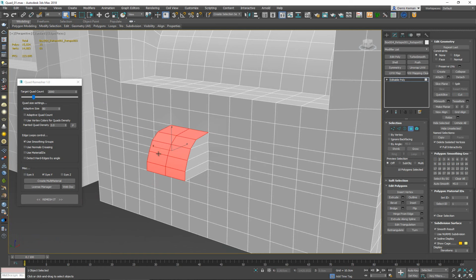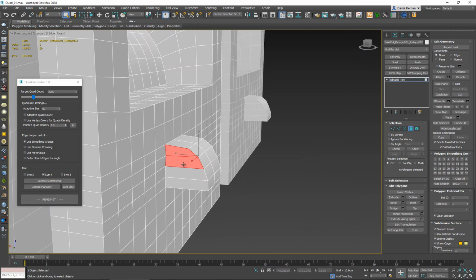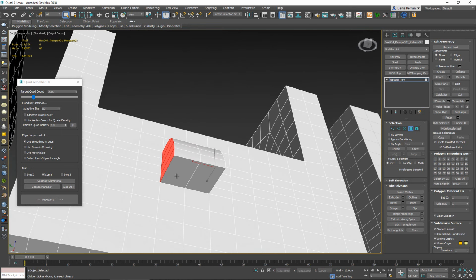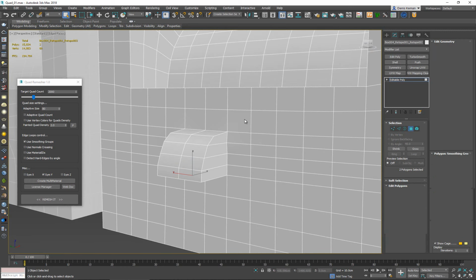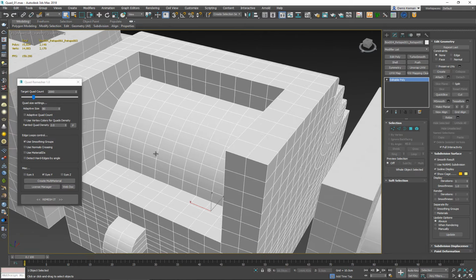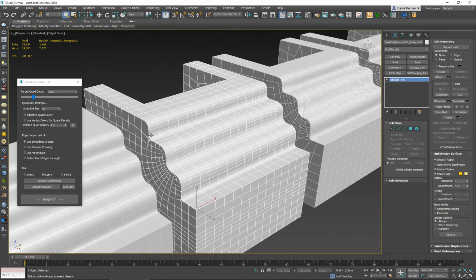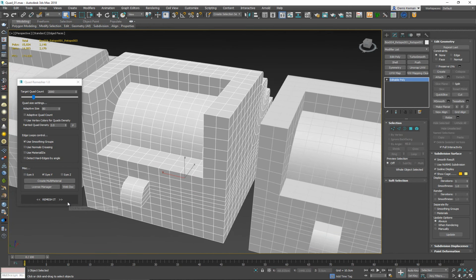I have this set up as a hotkey. If you want a way to do this manually, just select one of the smoothing groups. This here can have its own smoothing group, and this thing can have its own smoothing group. So now, since this thing is going to be following the smoothing group when it's doing the remeshing,